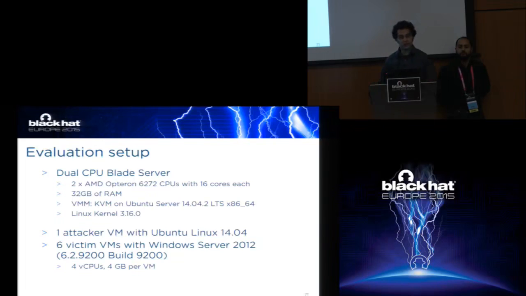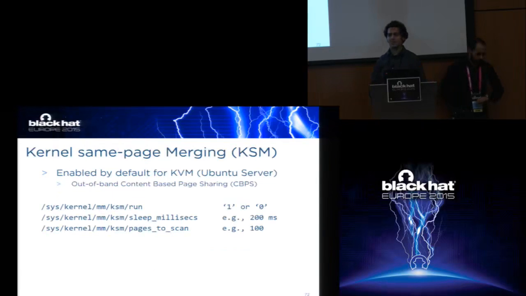So just to give you an idea of how memory deduplication on KVM works, I will briefly discuss its deduplication engine, which is called KSM. You have a number of files in those locations with which you can control the configuration of memory deduplication. The first one tells you whether the deduplication engine is on or not. If you have a Linux system, most of the time it's actually on. There are 2 other parameters that affect how fast your pages get deduplicated. The way KSM works is that it goes to sleep for a while, then it comes online, and then it checks a number of pages.